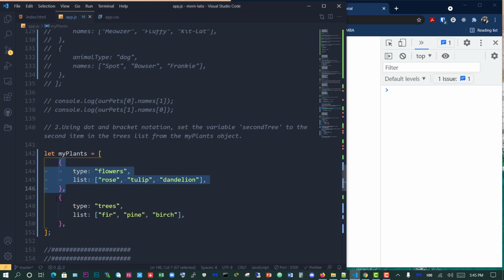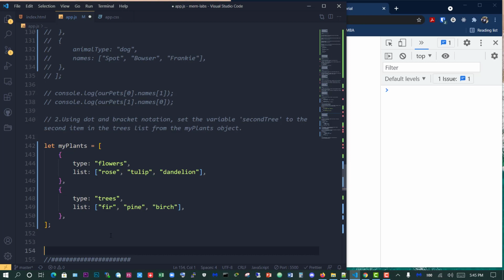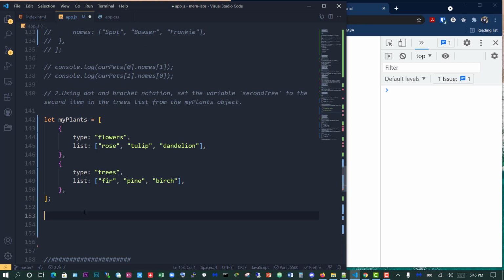That's the first one and that's the second one, and we need to ensure that we can have access to the second item in the trees list, and we'll put that in the variable second tree. So let me just copy that variable, and I'll say let second tree be equals to,